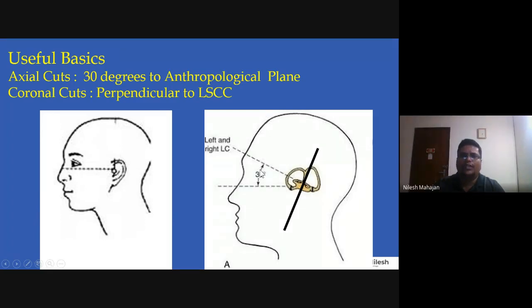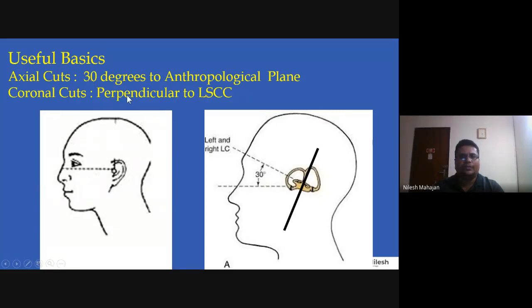So see, we know the stapes is an arch-like structure. If you take the scan in this plane, it will look like an arch. Suppose you do some other reconstruction, if you take other types of plane, the stapes may not look like an arch in this particular scan. Then you will get confused whether it is an anomaly or it is because of the orientation of the scan. So the plane of the scan is very important, and later it can be reformatted into coronal cuts and sagittal cuts.